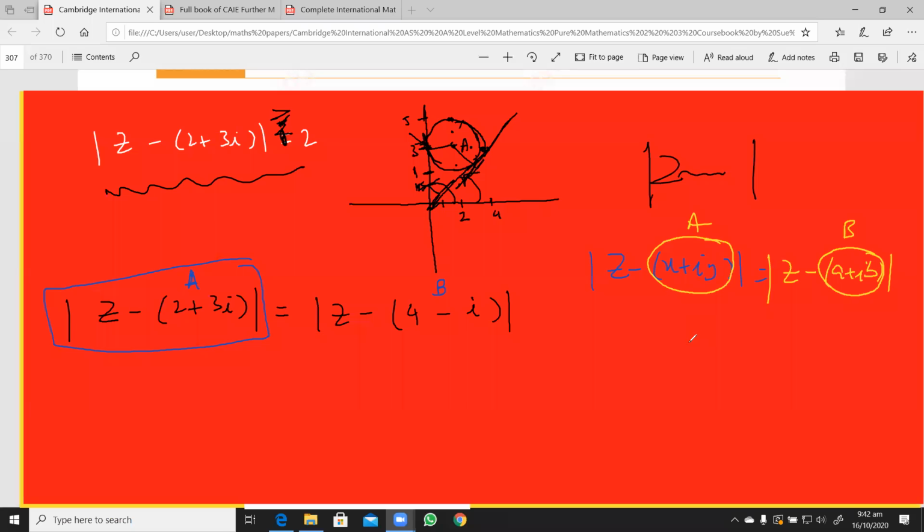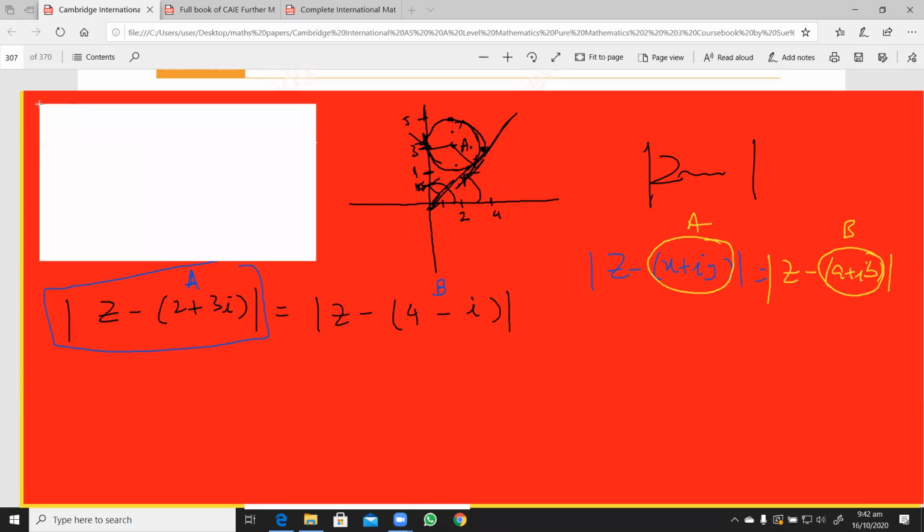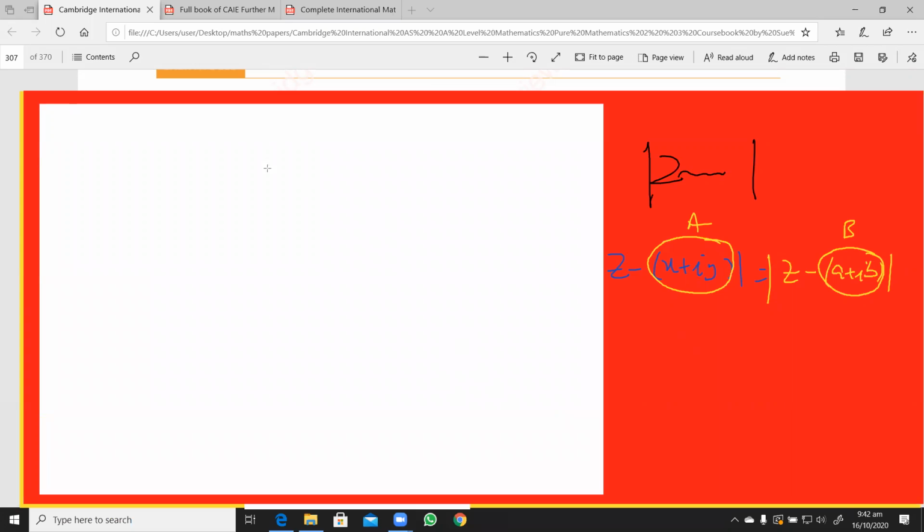Okay, now the point is how to draw that perpendicular bisector. So you will be getting questions. Let me give you an exam-like question, or maybe the situation that we can manage. Now suppose we are given that there is this z